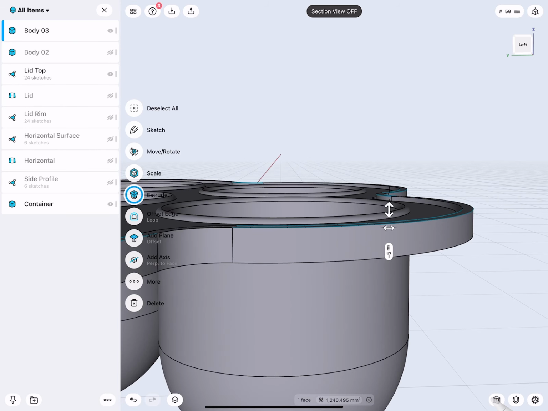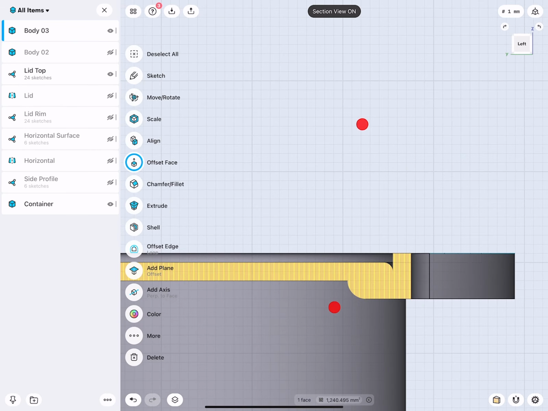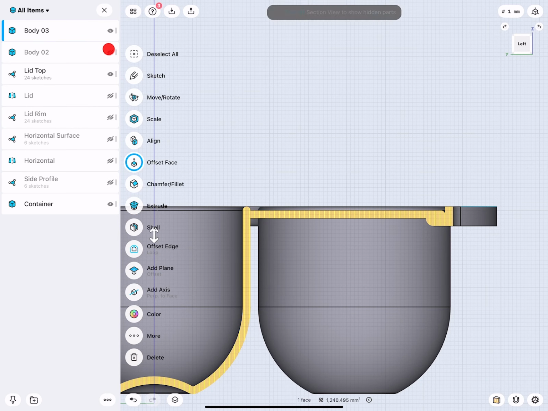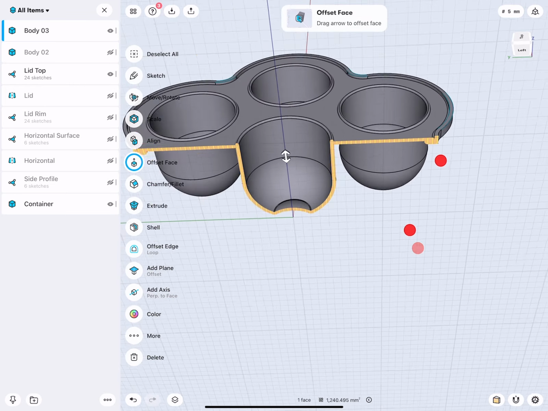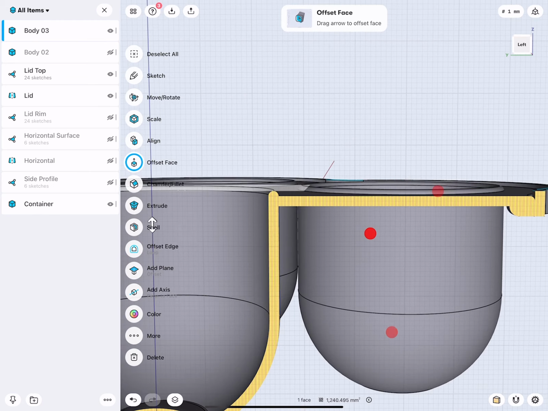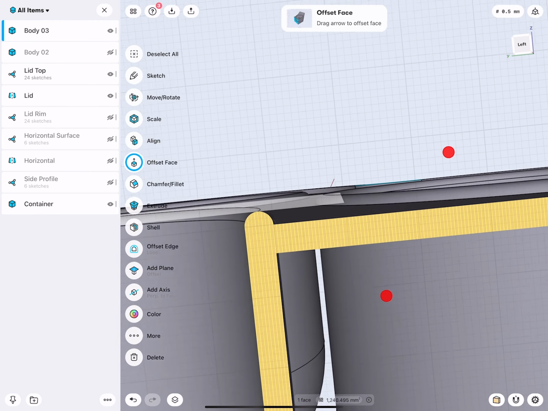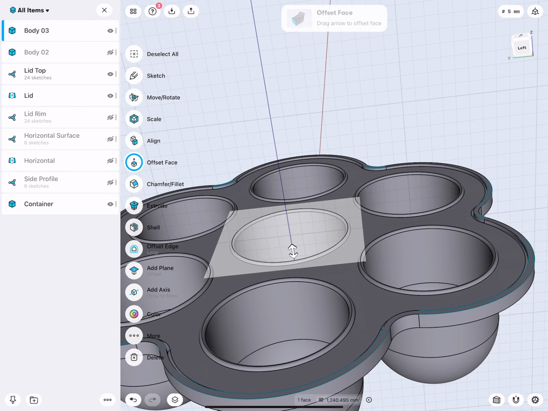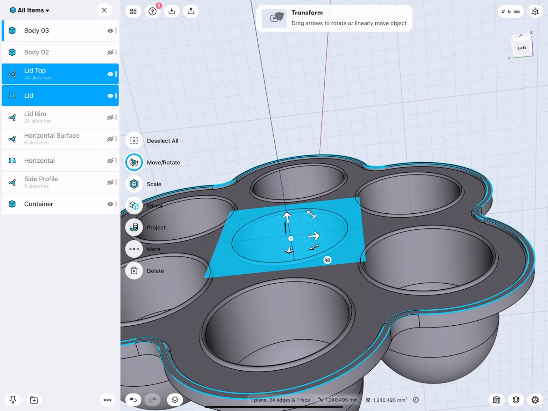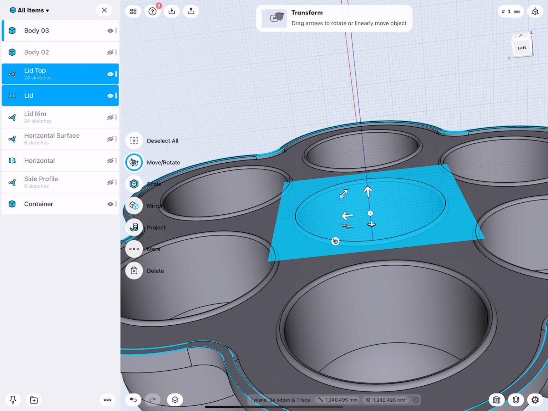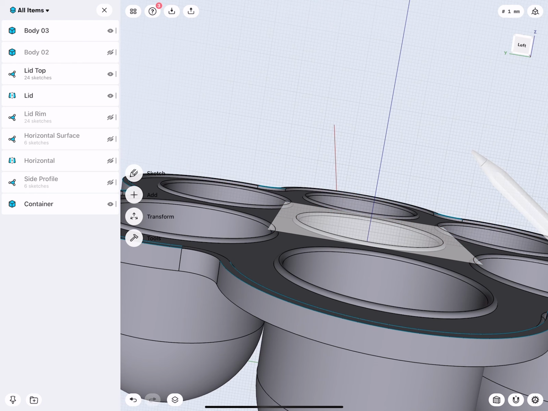So I think this should be 6 actually, I might have made a mistake. Let's take a look. Yeah, I think I made a mistake. The initial construction plane I put down, oh yeah, I only put it up by 1 millimeter, not 2. So how do we correct this? Not a big deal. This problem happened so I could show you how we easily adjust this. So I select the lid sketch and the lid construction plane, and then we just try to move this simply up by 1 millimeter.